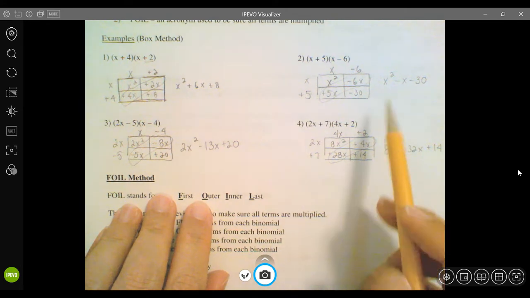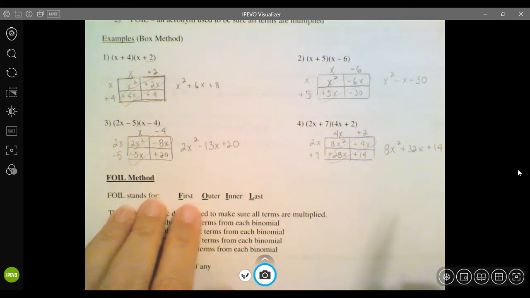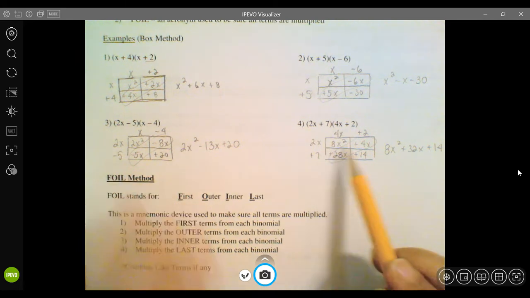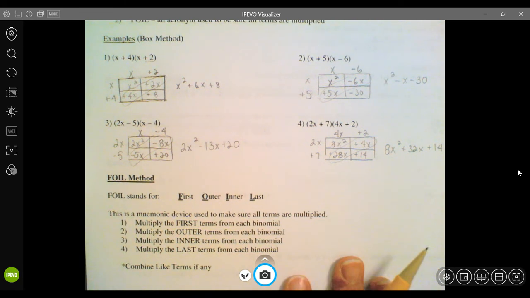A lot of students love this method because it organizes everything for you. It helps you remember to multiply because remember, it's a multiplication table. It shows you where your like terms are. It does take up some space. You do end up rewriting the problem. So for those of you that don't want to draw out a Punnett square every time, there's also the FOIL